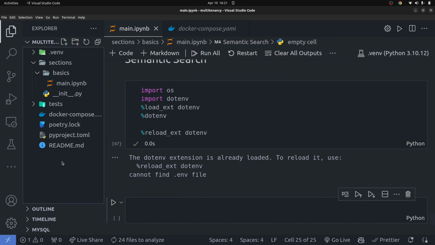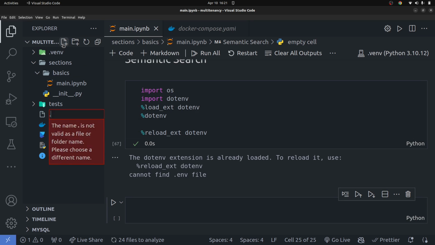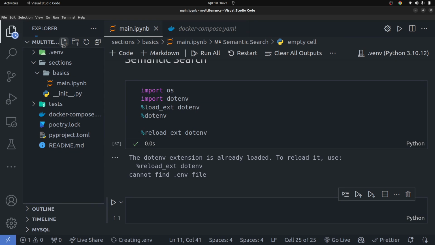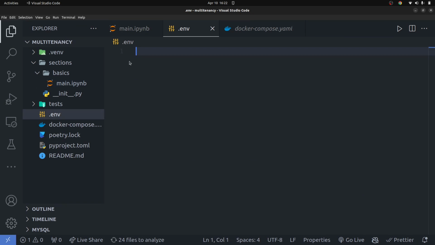So let's go ahead and create an env file. You can see there's no .env file, so let's create one. We can say .env, and then once we have this file created, what you're going to do inside this file is simply say